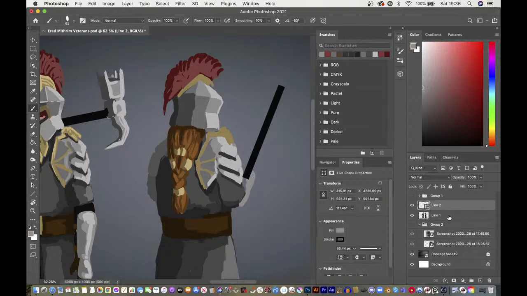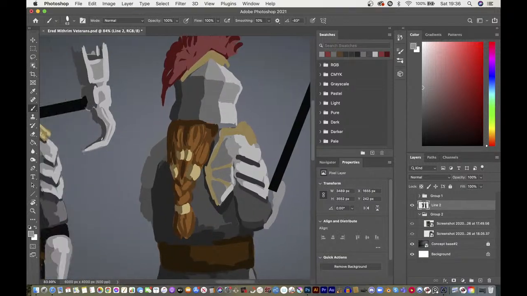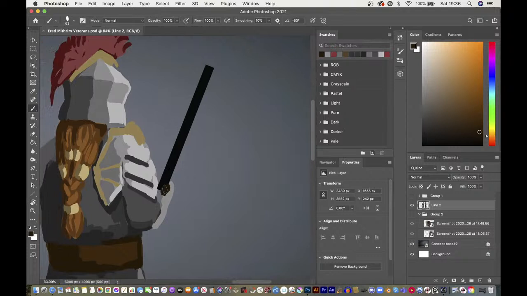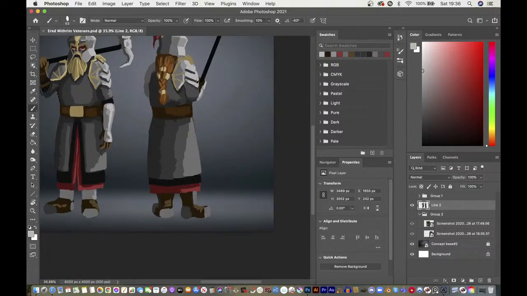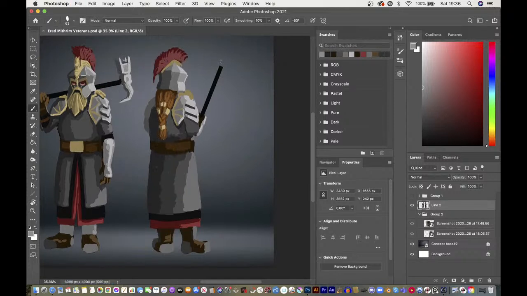Let's merge those two layers, which is Command or Control E for anyone who doesn't know that. So I'm just going to do this hammer and then I'm going to call it a day. It's a very weird weapon. I still haven't quite got my head around how it works, but